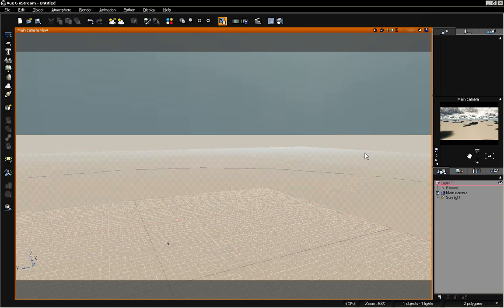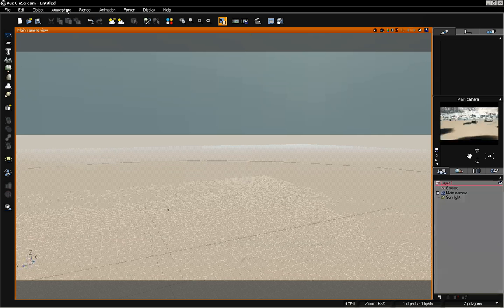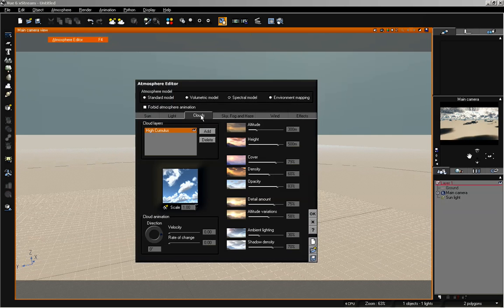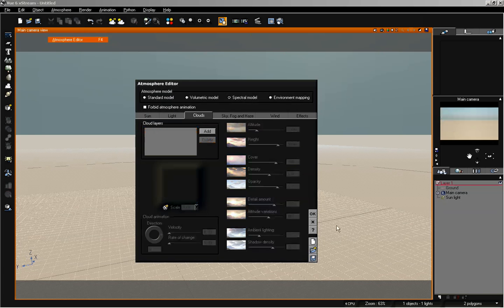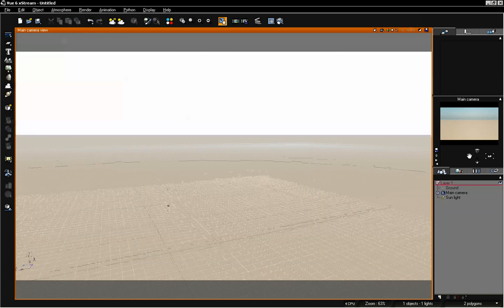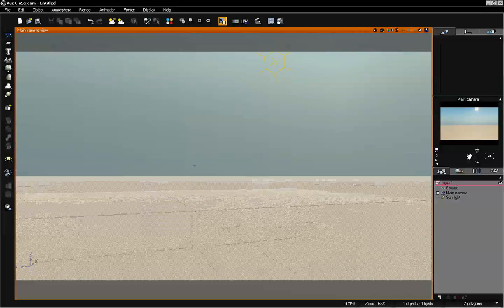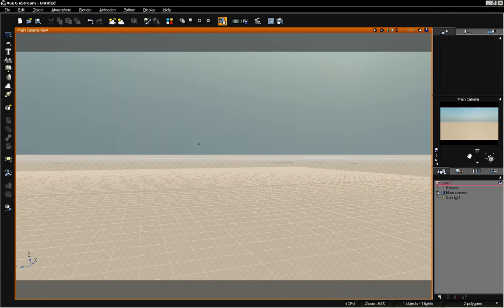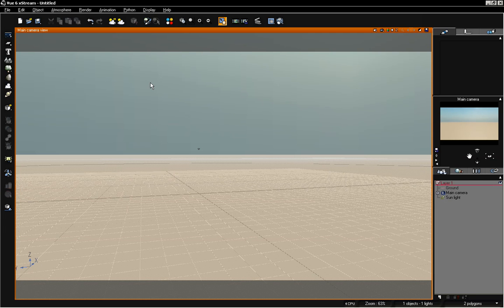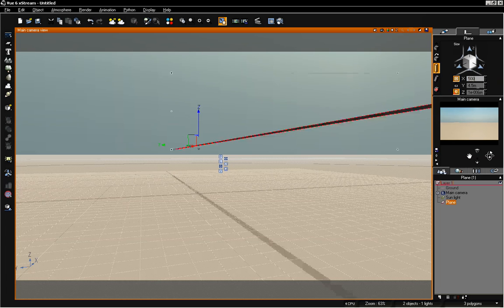So first I want to delete that water plane. And I'm also going to remove our cloud, so we can go back to the atmosphere editor, go to our cloud tab, and just hit delete for our high cumulus. And what we're going to use now is an object in order to create the effect that we want. Before we move on to a more volume object, let's first take a look at how a regular plane will look. And what we can do is go to our ruler tab, and I'm going to increase the size to